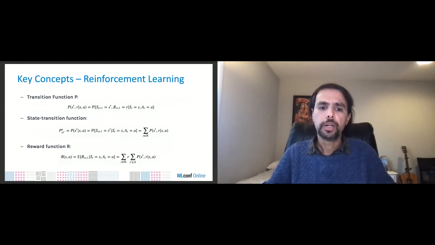So now, in general, without dwelling too much into the mathematical details here, we can quickly identify three different aspects that we'll also be covering in the case study. The first is the transition function, which simply records the probability of transitioning from a state S to state S prime after obtaining reward. And then you have the reward function R, which actually predicts the next reward triggered by a given action.